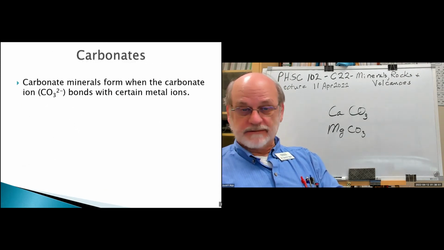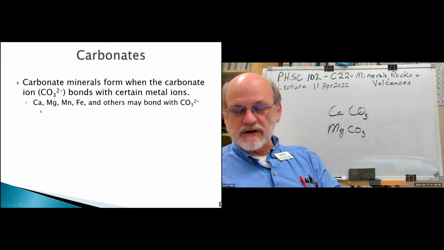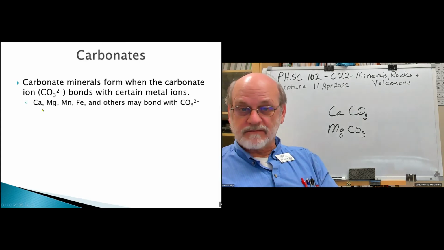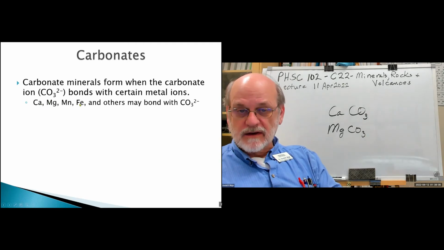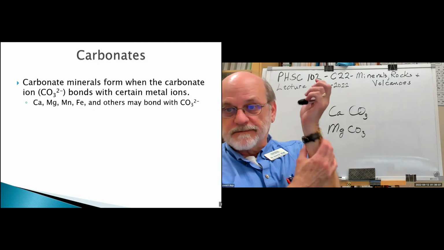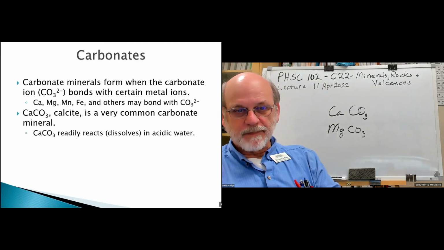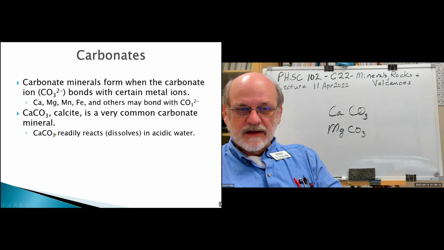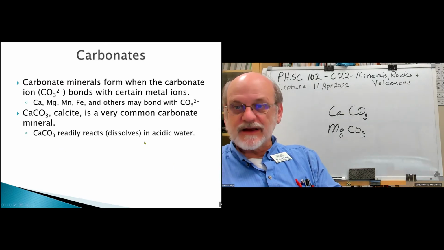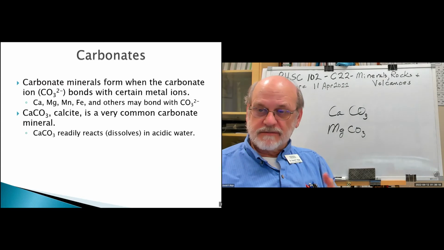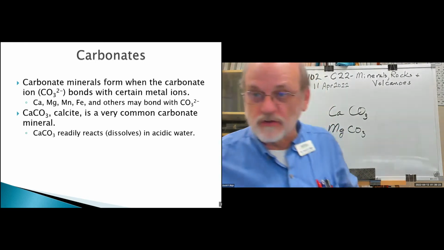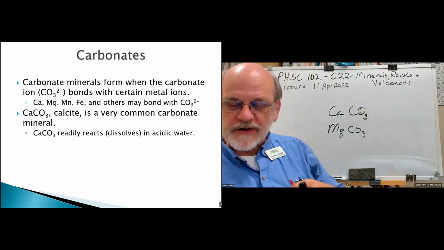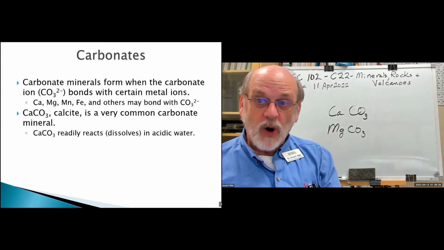Okay, examples of carbonates, right? There's our carbonate ion. And there's the types of carbonates that usually occur. I mentioned calcium, magnesium. You can also have manganese carbonate, iron carbonates. This is calcite. It dissolves easily in acidic water. That's how you make caves. Right? Go over to Greenbrier County in that region, and you'll find caves. And they're carved out of the rock by percolating water.